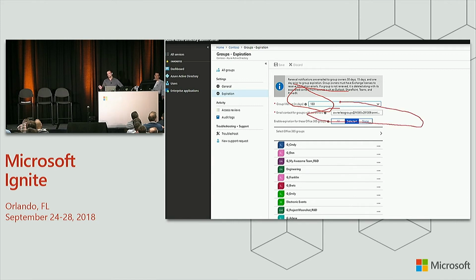Now the idea is, we know organizations are dynamic, and people are coming in and out of the organization, whether they get fired or they leave on good will. You can have that use case where, let's say, Christoph was the owner and he leaves Contoso, then that group is ownerless. So the last thing you want is for no one to be aware that that group is going to get deleted.